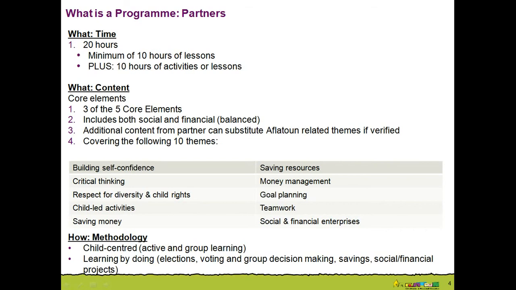Okay? And then the total program should cover the following 10 themes, right? These might be independent lessons per theme, or they might be cross-cutting. So the 10 themes are as follows: building self-confidence, critical thinking, these 2 are from core component 1, respect for diversity and child rights, this is core component 2, child-led activities, this would be a combination of active learning as well as enterprise and other activities, saving money, right, from core component 3, saving resources, also from core component 3,